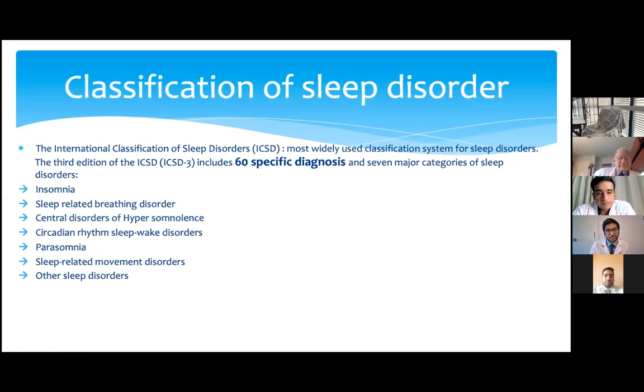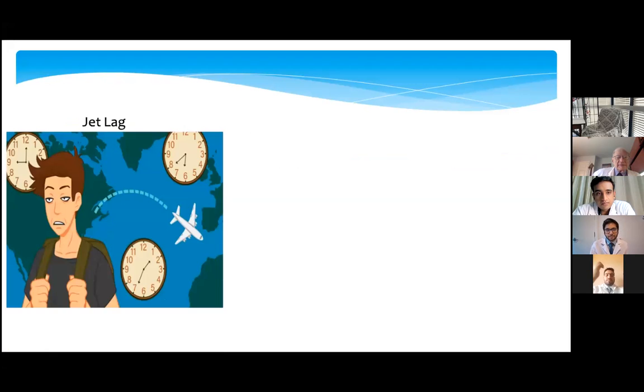The other sleep disorders category includes any sleep disorder which has overlapping features, as well as certain ones for which there is not enough data. And it varies all the way from something as simple and common as jet lag